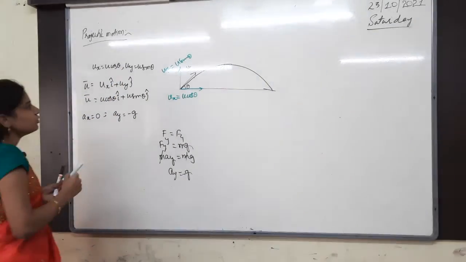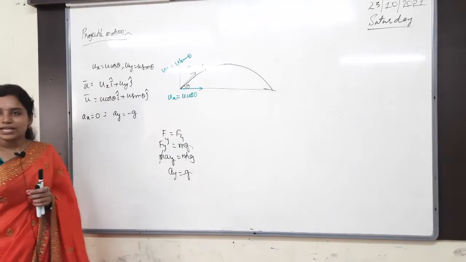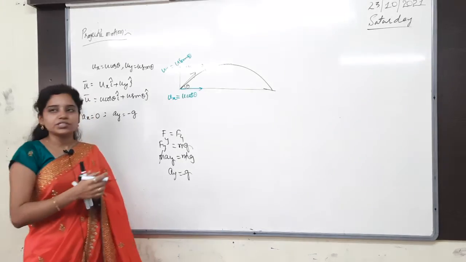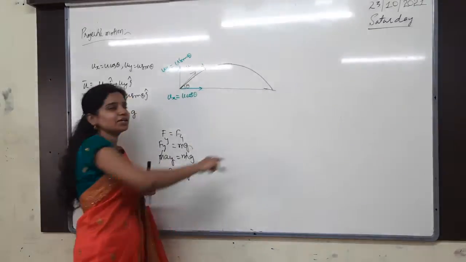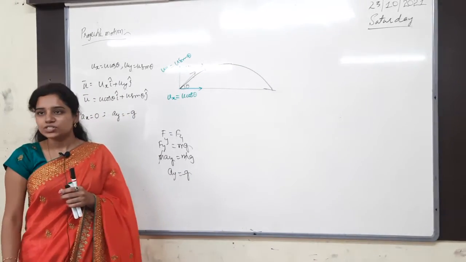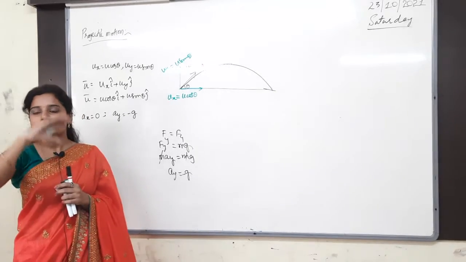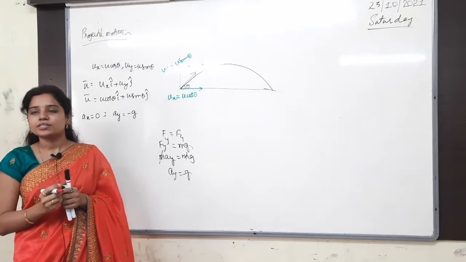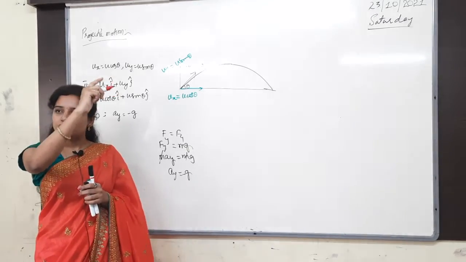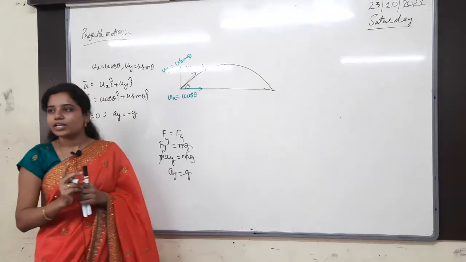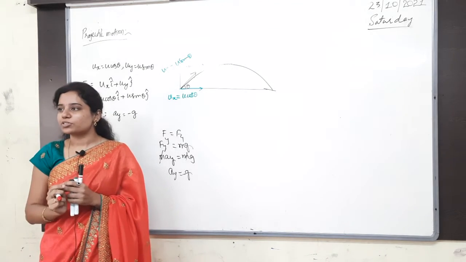Now I want to measure the velocity after time t. After time t, is the velocity changing or not changing? The velocity is changing. The body is going upwards and then coming downwards, so the velocity is changing. While it is going in the upward direction, during the time of ascent, the velocity decreases. At maximum height it will be 0, and while coming in the downward direction it increases. That is in the case of only vertically projected motion.